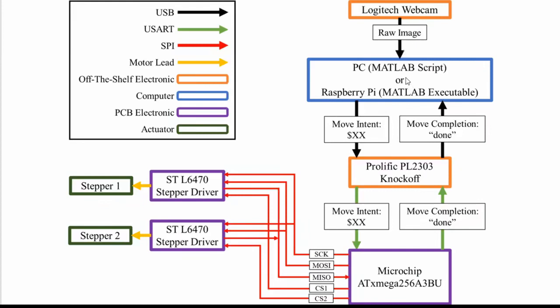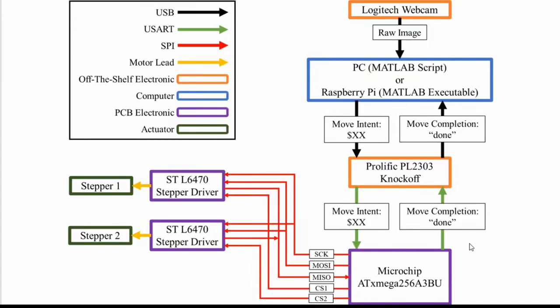The MATLAB script, which alternatively could be run on a Raspberry Pi as an executable, communicates via this UART USB adapter. It is actually a Prolific PL2303 knockoff that I got years and years ago that will essentially convert this into a UART package that the Microchip